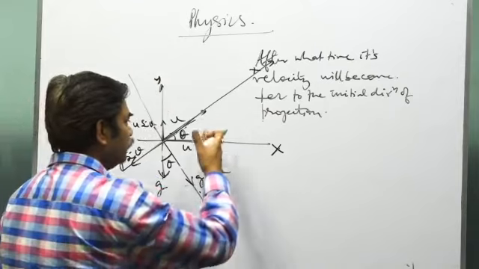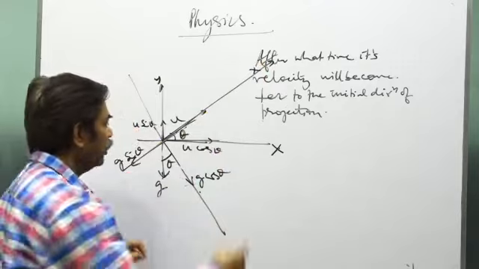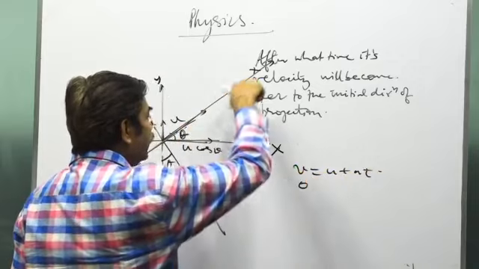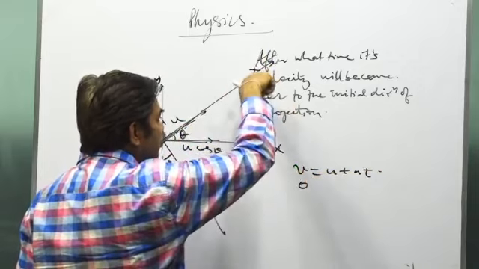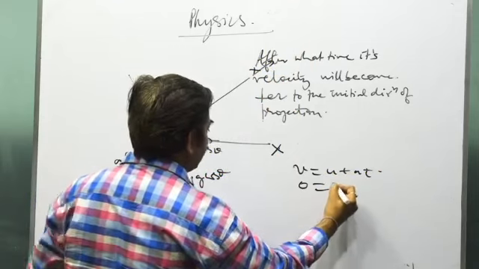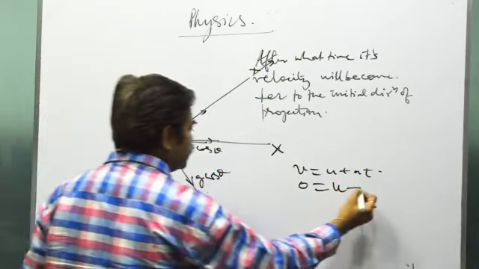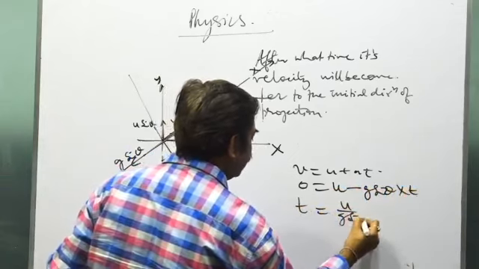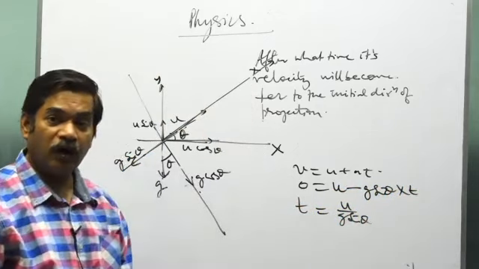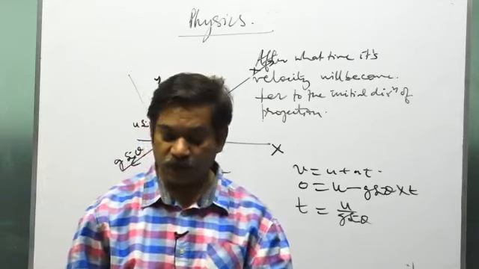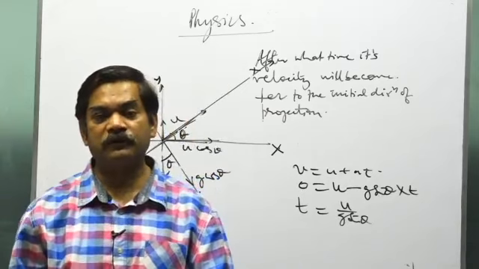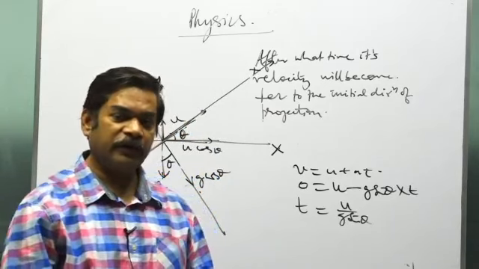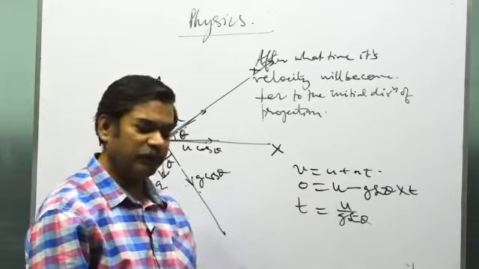The moment you recognize this, yes, this has to be taken as the one direction. Now I apply for this direction v equals u plus at, and v equals 0, because at that moment when the velocity is perpendicular to this, the velocity along this direction will be 0. The initial velocity along this direction is u. In the opposite direction the acceleration is g sin theta. So there's g sin theta into t, and you get t equals u upon g sin theta. So that was a one step solution. Again I stress the fact that for the concept of 2D, even very tough and very lengthy questions, if you realize this fact and identify it, they are solved in just one step, like this has been done.